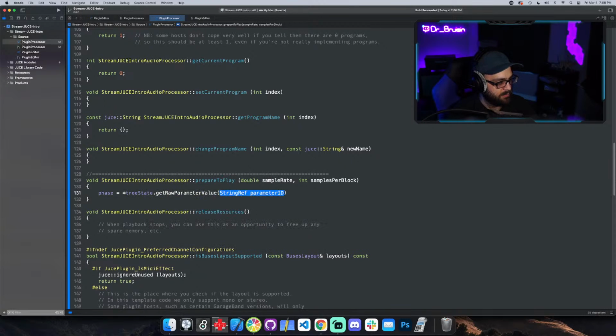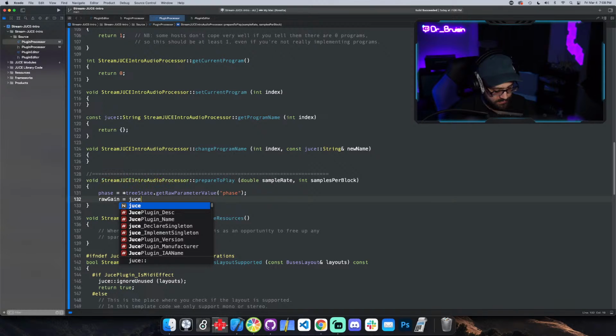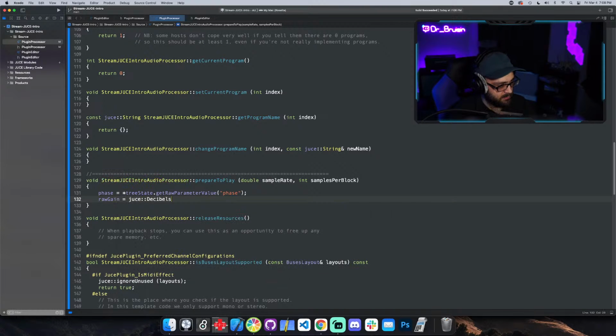Get raw parameter phase, and raw gain is going to equal JUCE decibel to gain, and then we'll put another tree state call right here, and this will be gain. Okay, so now when the plugin starts up for the first time,